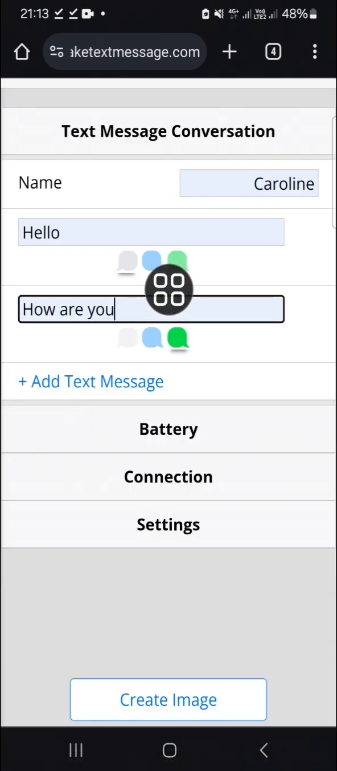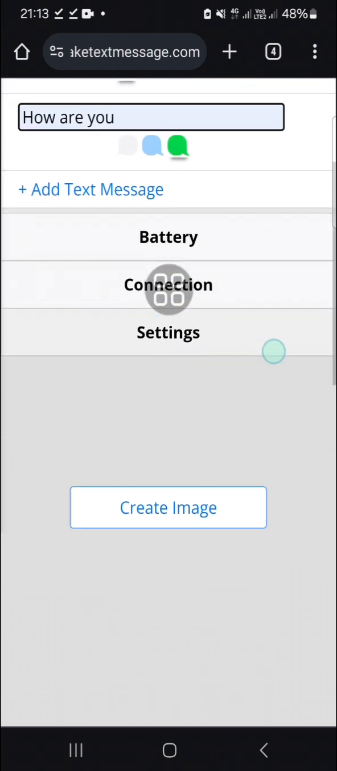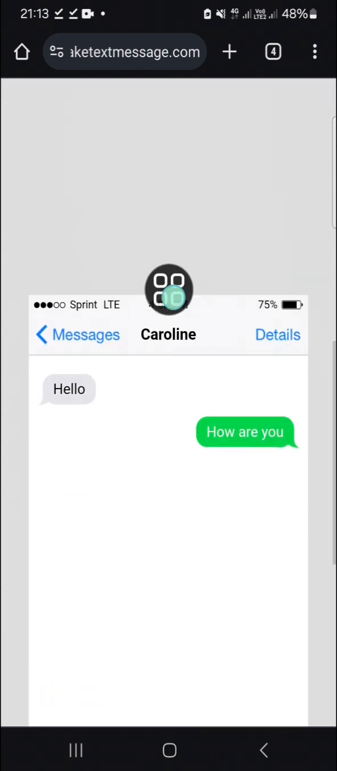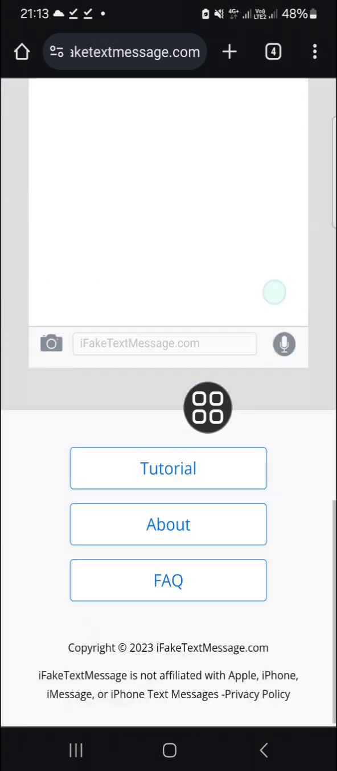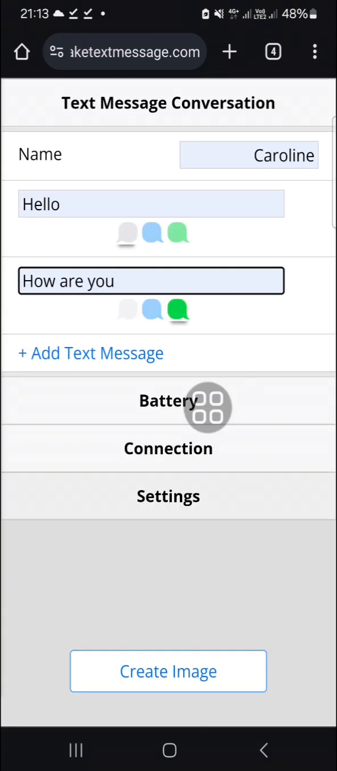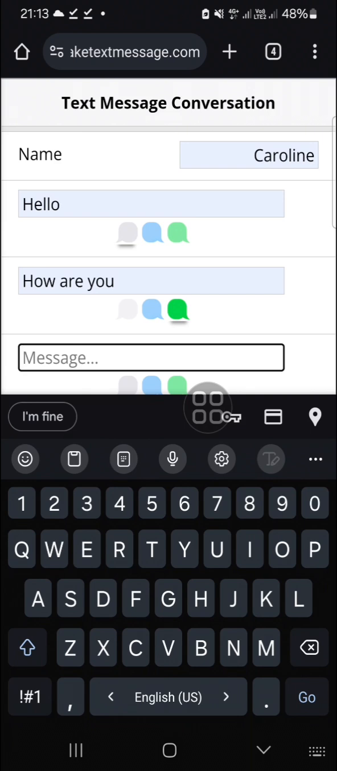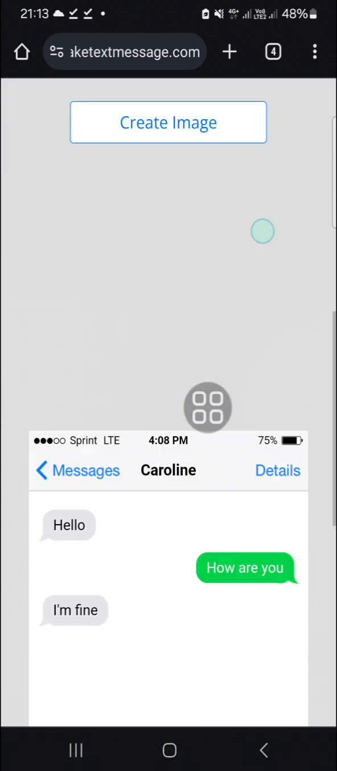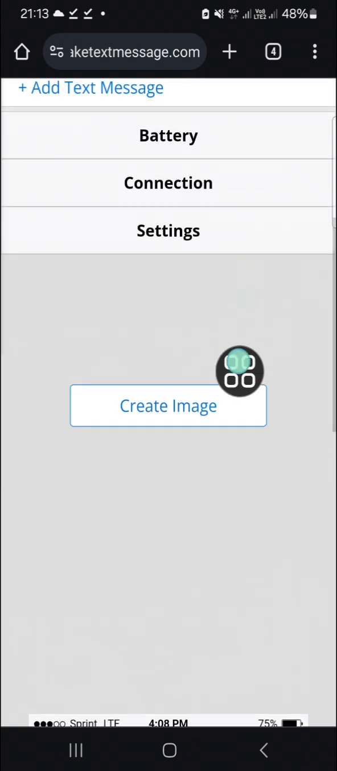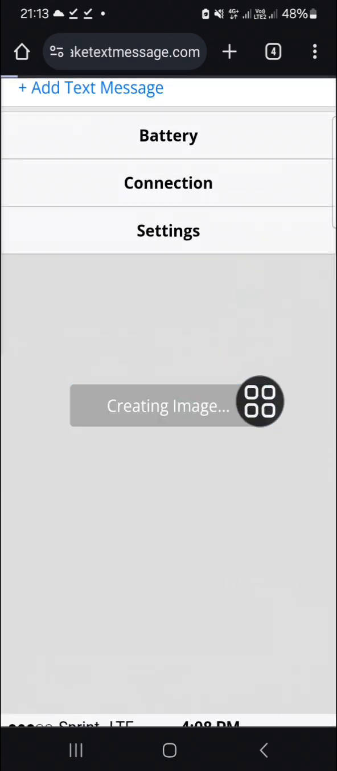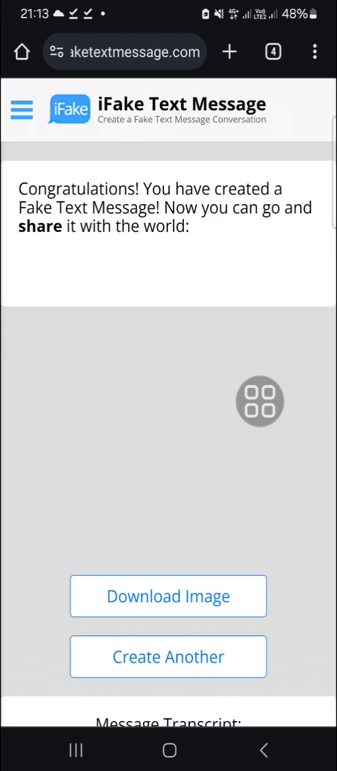I'm going to add how are you, and before you create the text message conversation you can take a look at the preview. This is the preview of the text message conversation, and I'm going to add one more text message, guys. I'm going to add I'm fine, and then this is the preview. Once you're done you can click on create image, and then the text message conversation image will be automatically created,